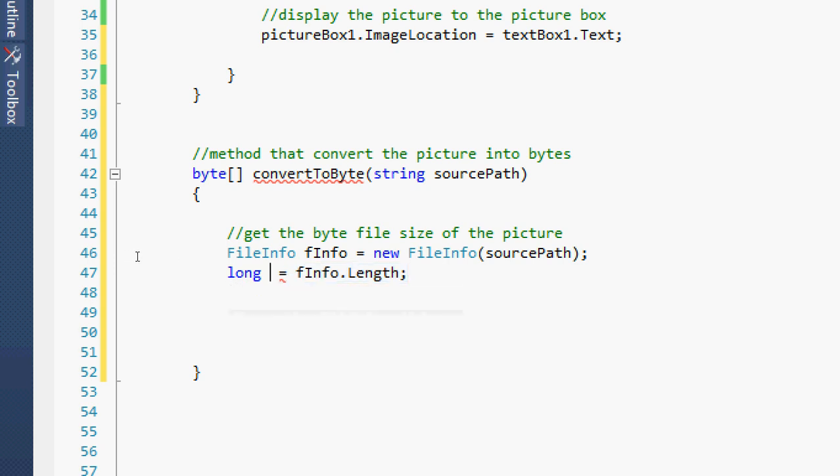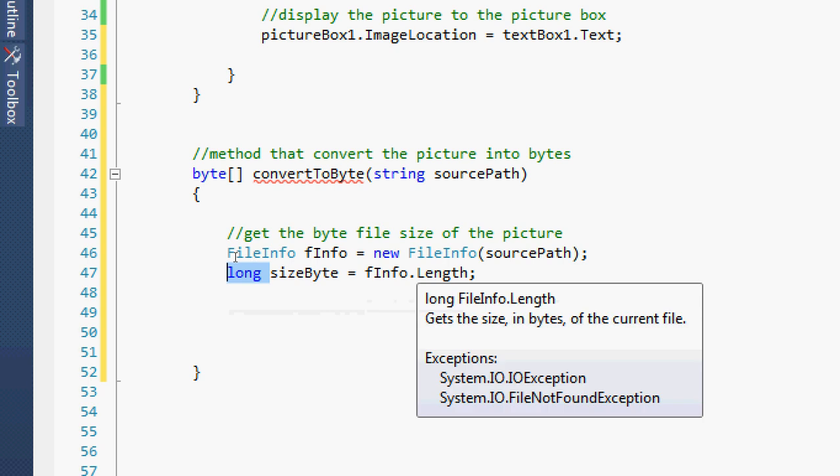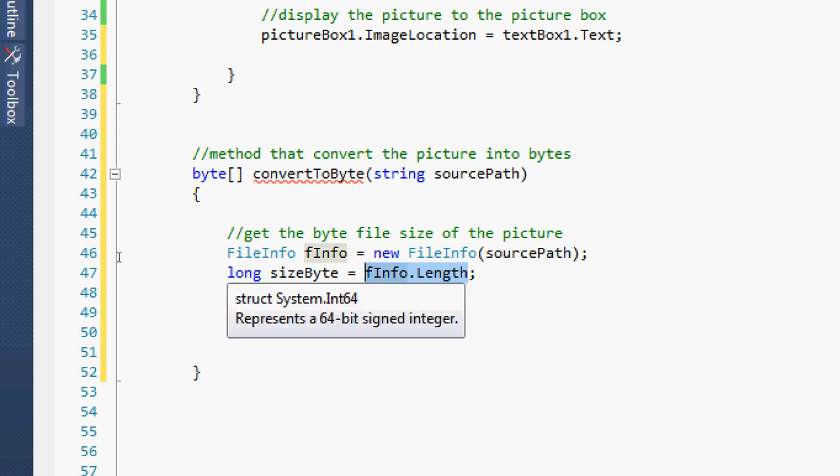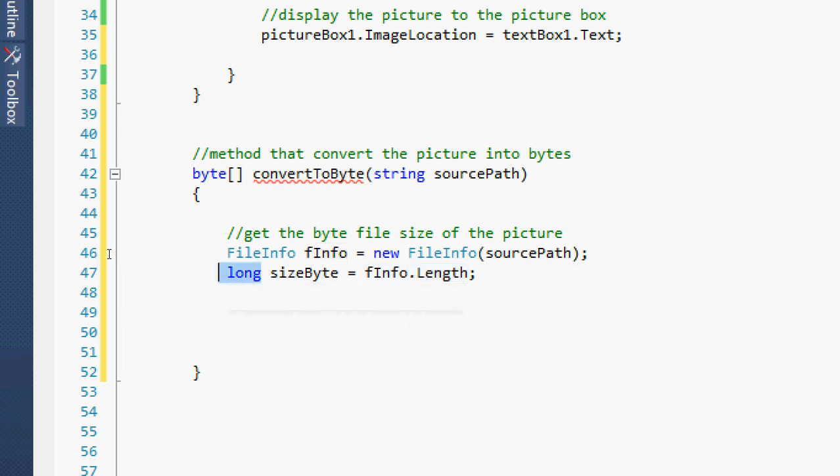Oops, I did forget the size byte. Get the size byte of the file using the FileInfo. You notice I use long because fInfo.Length is in long format. A while ago I was thinking of converting this into an integer, but it may cause an error later, so I just use long already. Okay, now once we have the size in bytes, we're going to read the file